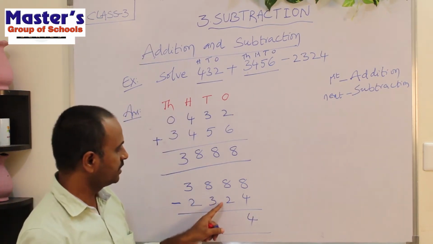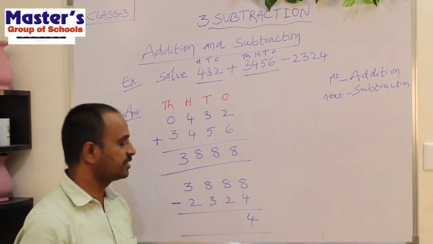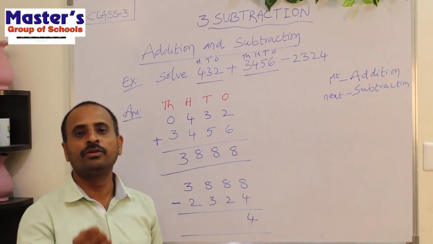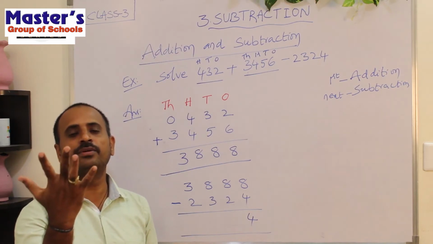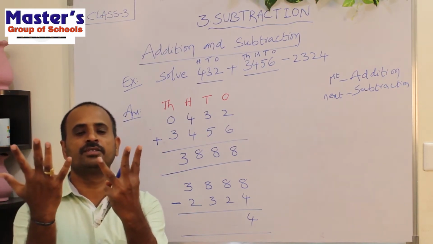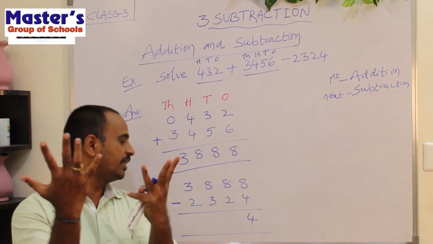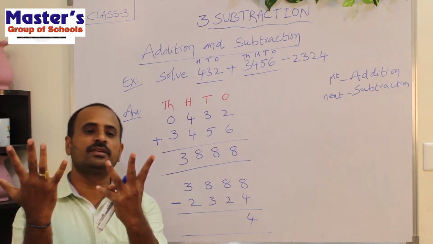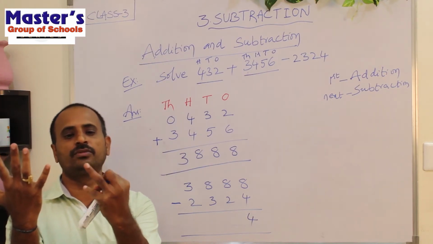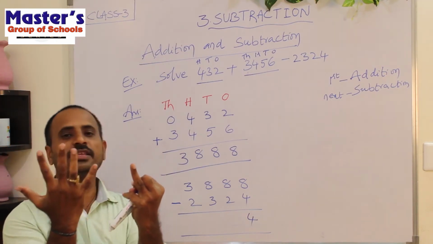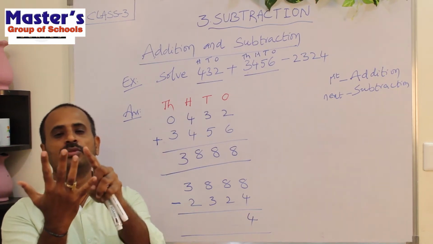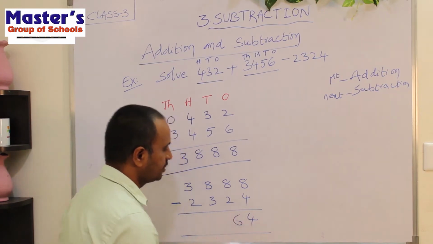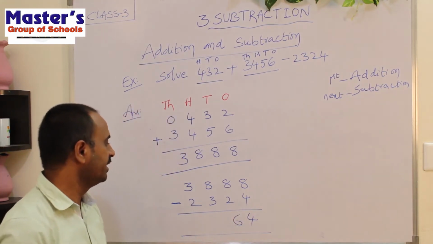Now go to the tens place. 8 and 2 are present in the tens place. What is the first digit? 8. So open 8 fingers of your hand again: 1, 2, 3, 4, 5, 6, 7, 8. These are the 8 fingers. And what is the second number? 2. Close 2 fingers among these 8 fingers. See, I am closing 2 fingers: 1, 2. So children, how many fingers are remaining? 1, 2, 3, 4, 5, 6. There are 6 fingers remaining. So write 6 here.